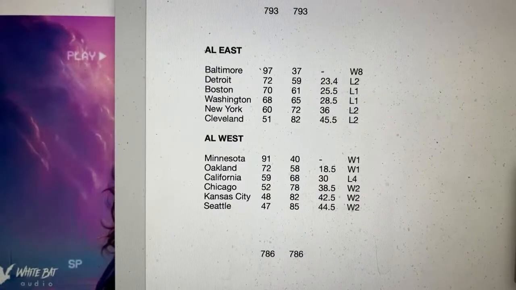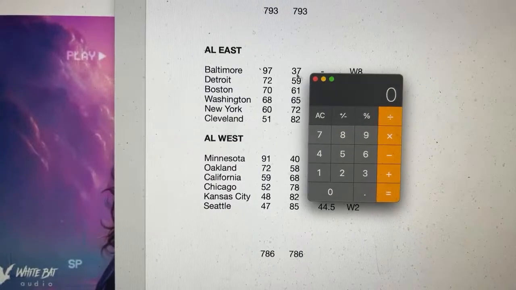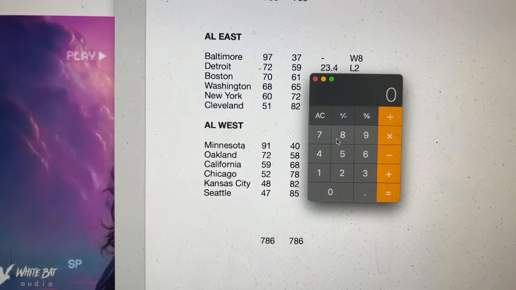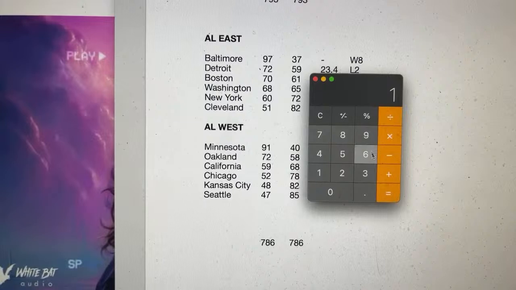And the way I do it, I take this and I go in the wins for each league and then total them. It should be 787 when we get done. And we go with the losses, and it should be the same. And then we add up both, and that should be how many games we have. So let's just add the wins here. 169, 138.